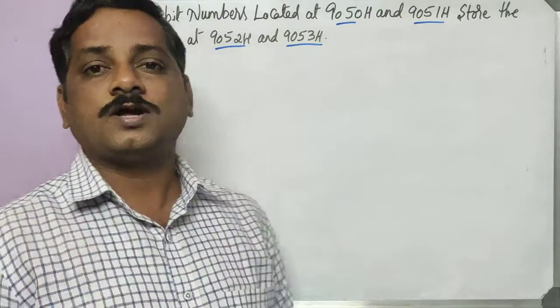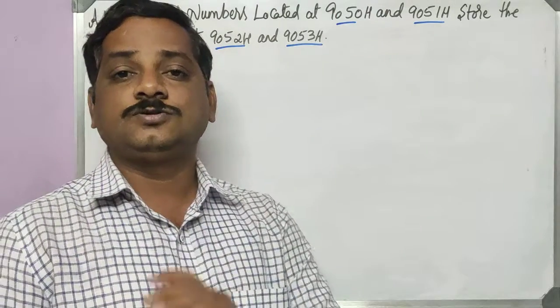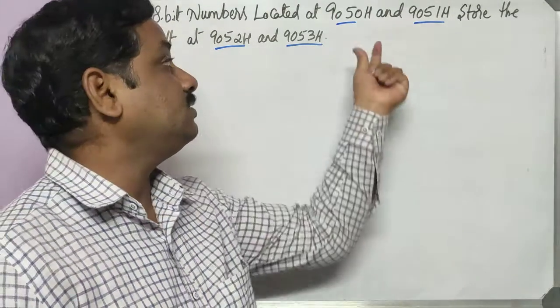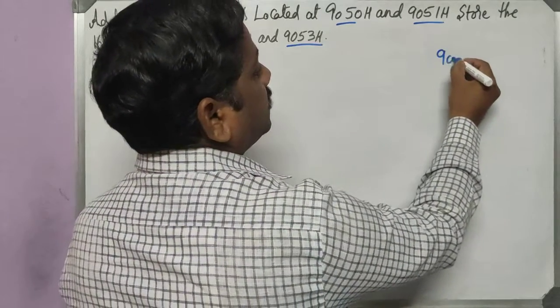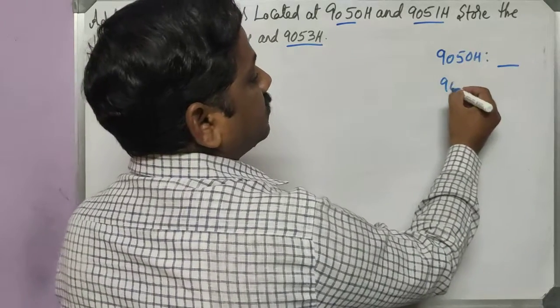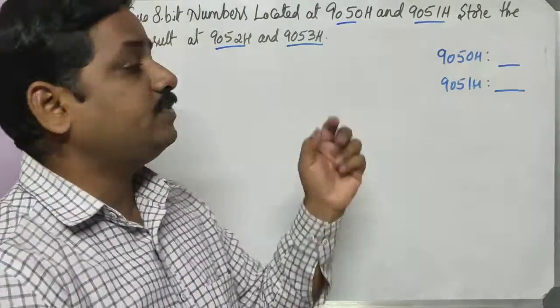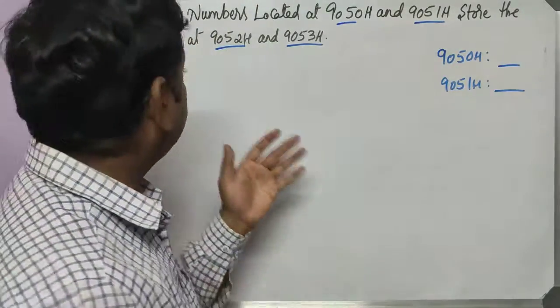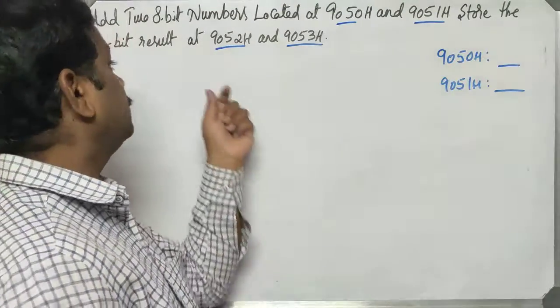So this is a program to add two 8-bit numbers, and in the question they have mentioned those two 8-bit numbers are stored at 9050 and 9051. So at 9050H we have to give some input, and at 9051H give another input, and those two inputs have to be added together. And where should I store the result? It is clearly mentioned that the result has to be stored at